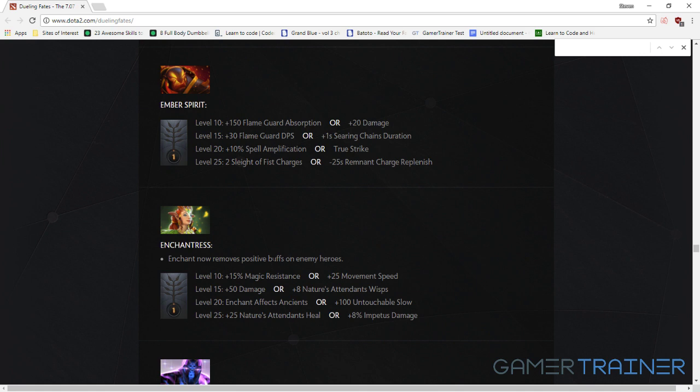Enchant now removes positive buffs. Okay, this is a pretty good buff for Enchantress. I think affecting Ancients is new, but this is whatever, I think. Okay, so nothing really new about Enchantress apart from the fact that you can dispel buffs on heroes,